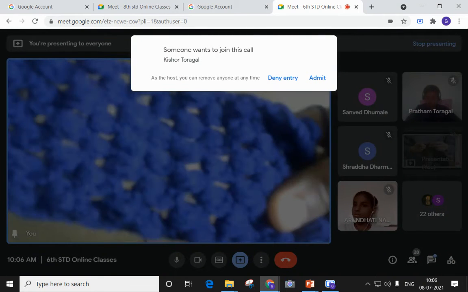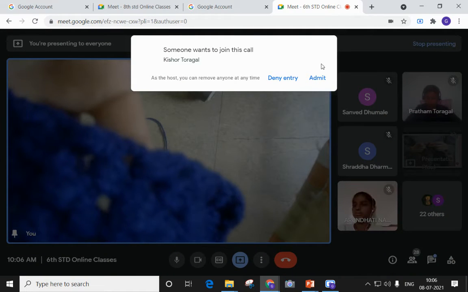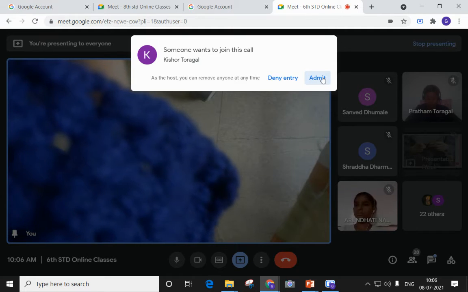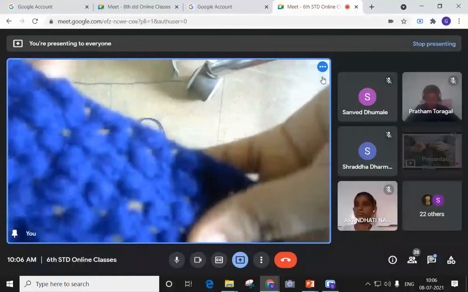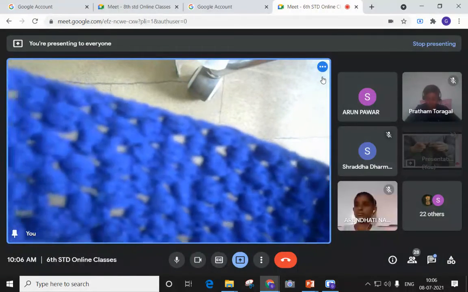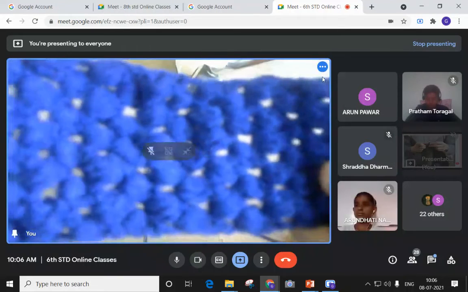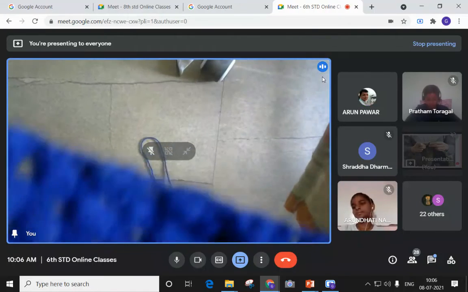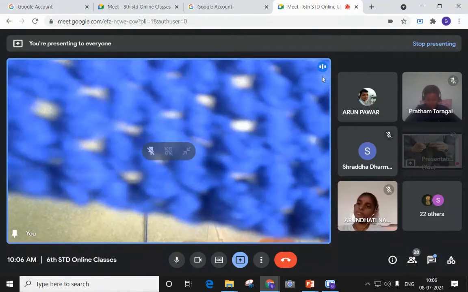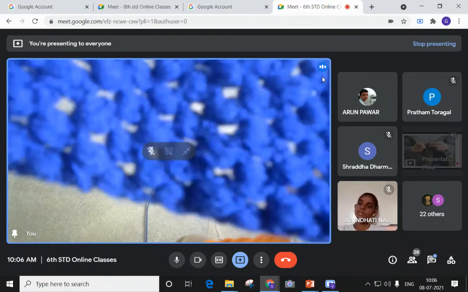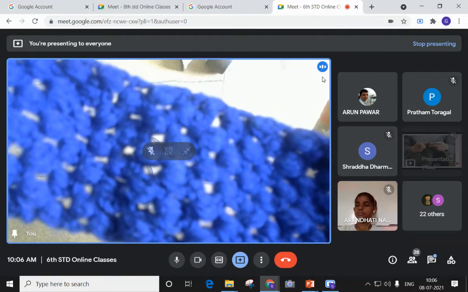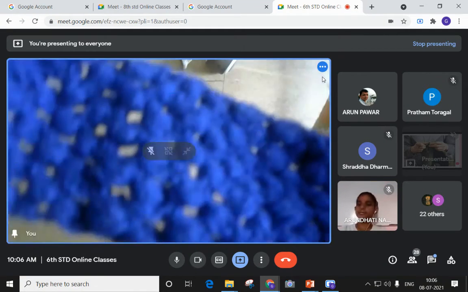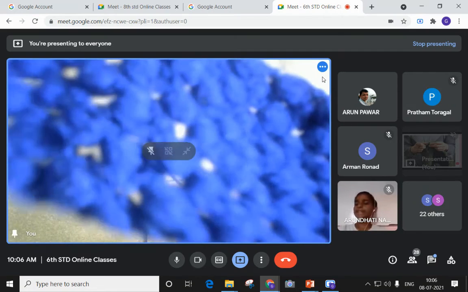Here you can see. Now can you see that fabric? Yes. So this is done by which process? Knit. Very good.